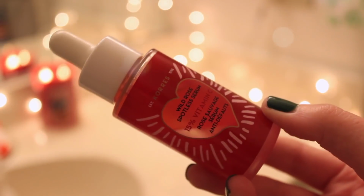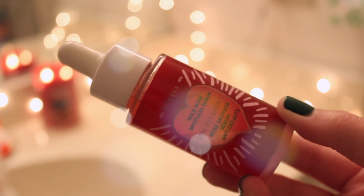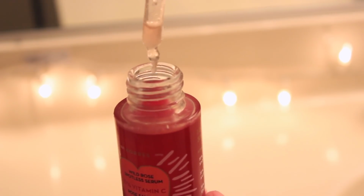Then I'm going in with this new serum I've been trying. It's the Carez Wild Rose Spotless Serum. It has vitamin C. It smells so good, but mainly it just feels so good on my face. I'm not sure if I'm seeing any brightening results. I guess I'm not paying that much attention, but I look so forward to putting this on my skin